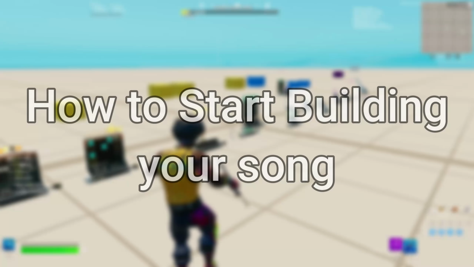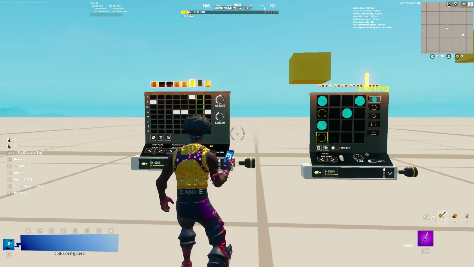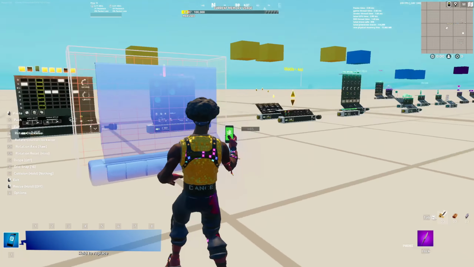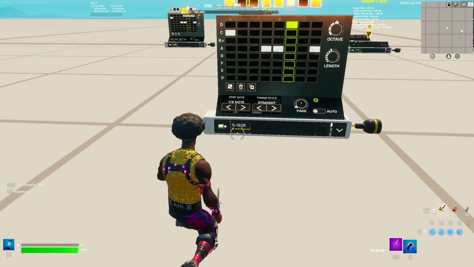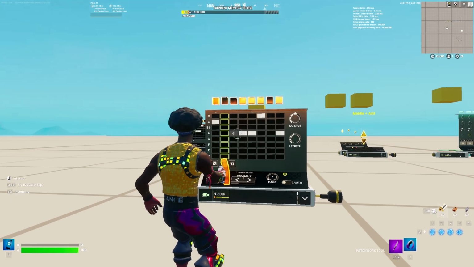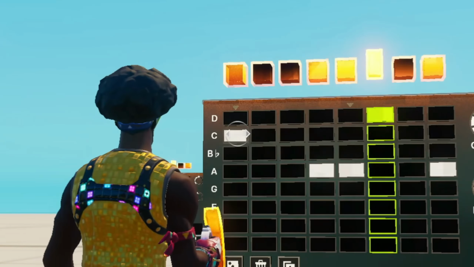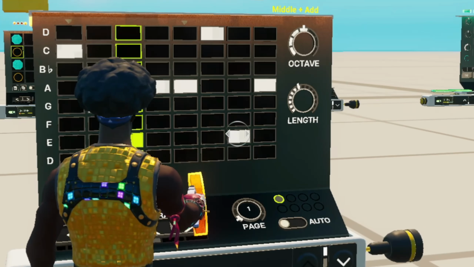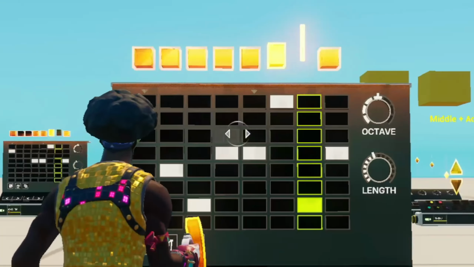So let's get into how to make a song. First of all, you're going to want to grab one of these beginner things. I'm going to start off with our note sequencer. I'm going to take this and place it right here. This is called the note sequencer. If it's not expanded for you, you can just do this. Boom. This will open this menu. These are all your keys for your notes. You can click a note and make different beats. You won't be able to hear it yet because we haven't added our speaker, which is over there. So this is the basic thing here.